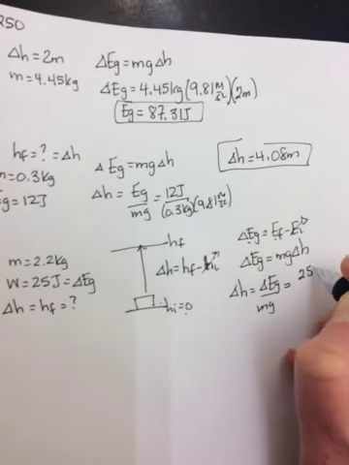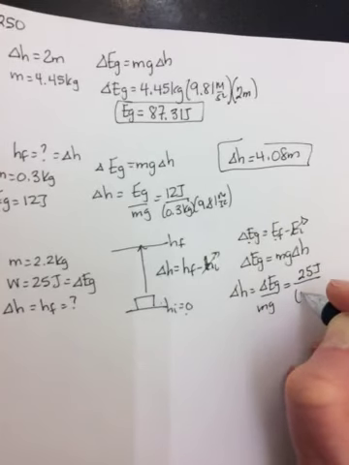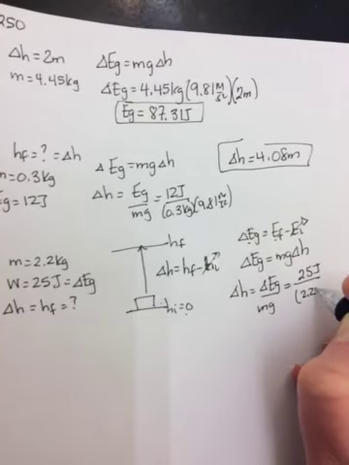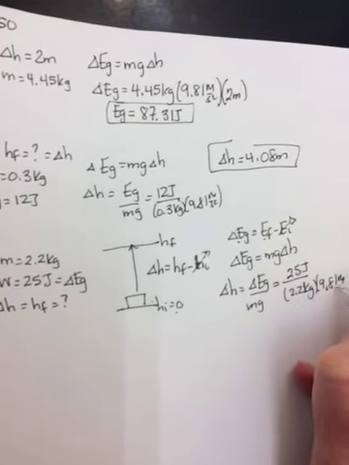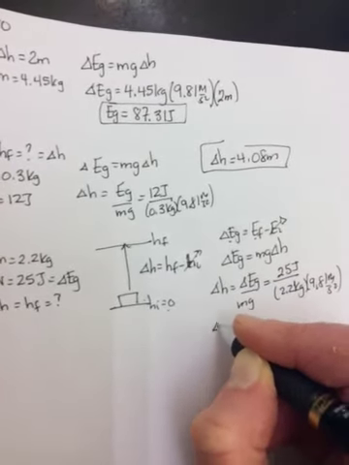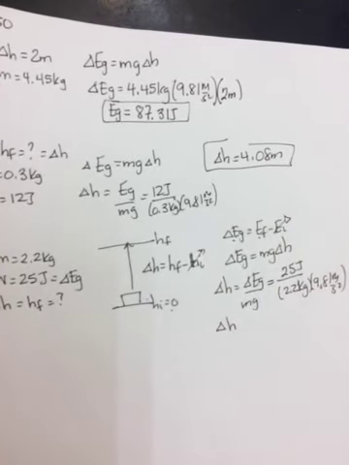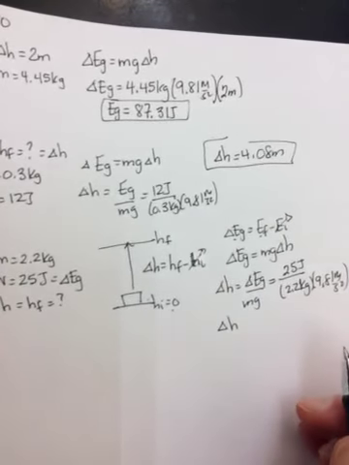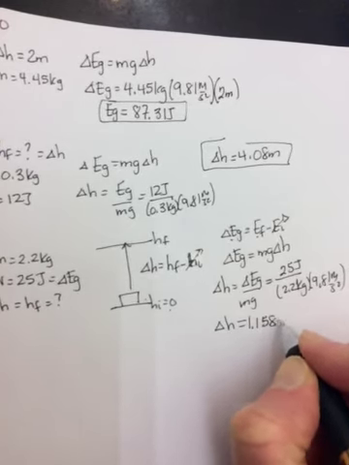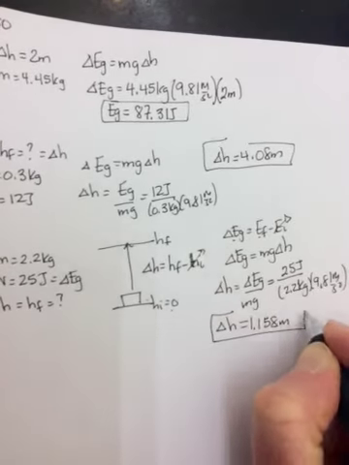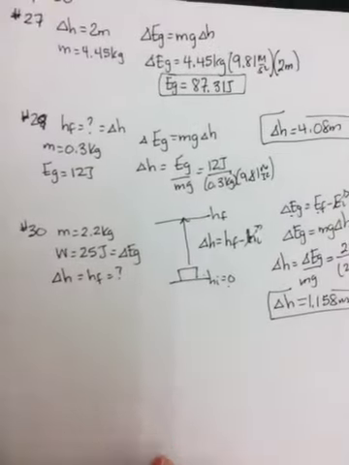So 25 joules divided by 2.2 kilograms times 9.81 meters per second squared. And when you do that, you get a delta H of 1.158 meters. Okay, so that's how high you need to lift them. Number 31